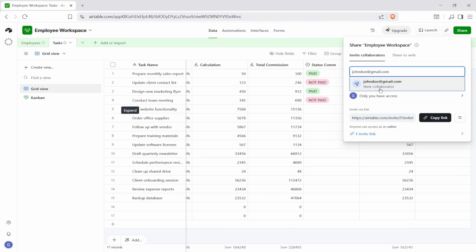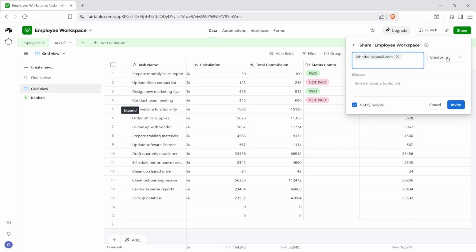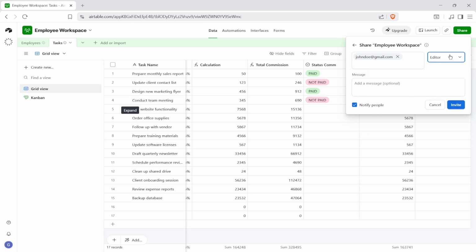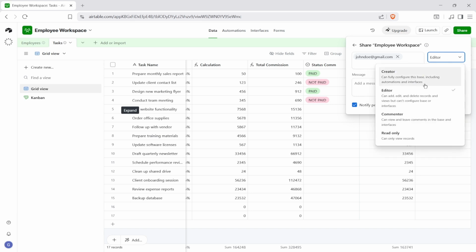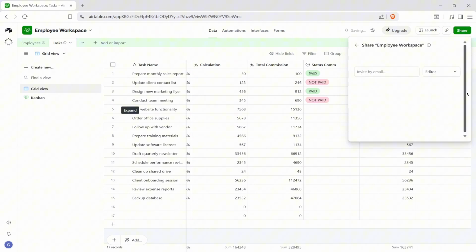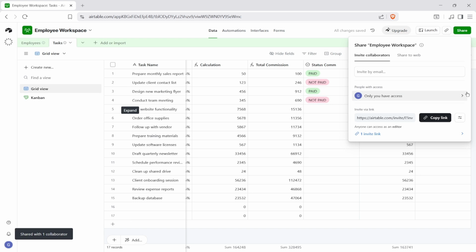At the bottom, simply choose new collaborator. And on the right-hand side, you want to make sure that they are an editor. You can also make them a creator. This means that they can fully customize or configure the space. But with an editor, they can add, edit, and delete the fields that are in here. So at the bottom, once you click on invite, it will automatically send them an email to have access